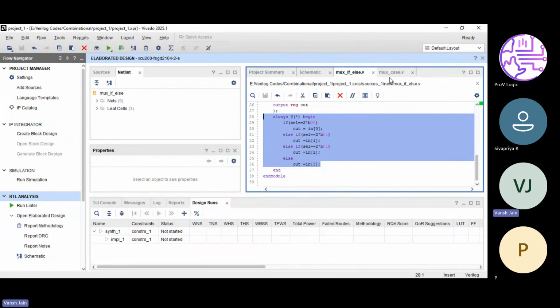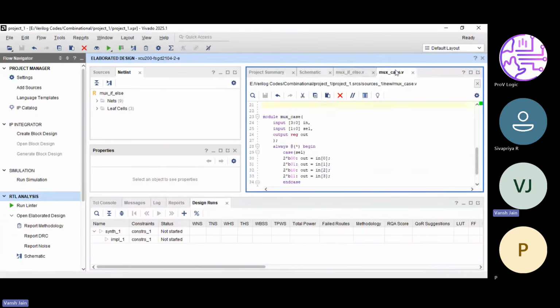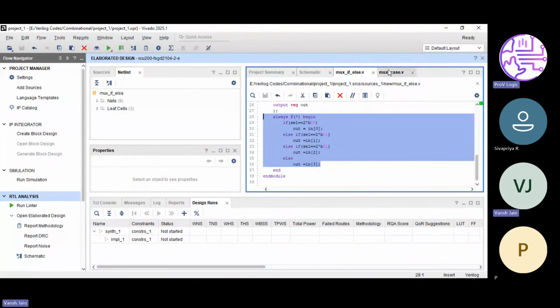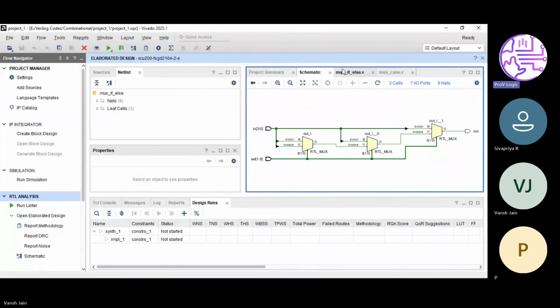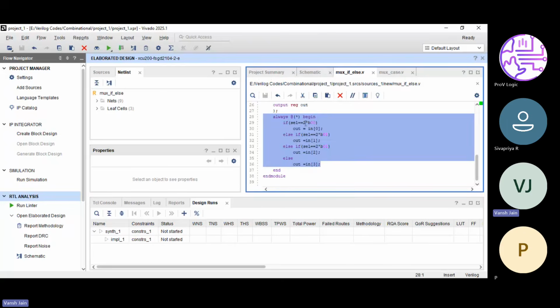For a normal mux case, we should use a case statement because it will give all the cases equal opportunity. Why does a case form one mux, while multiple if else conditions form a series of muxes? Because with if else, it gives priority to the first condition: first it will check whether the first condition is true or not.